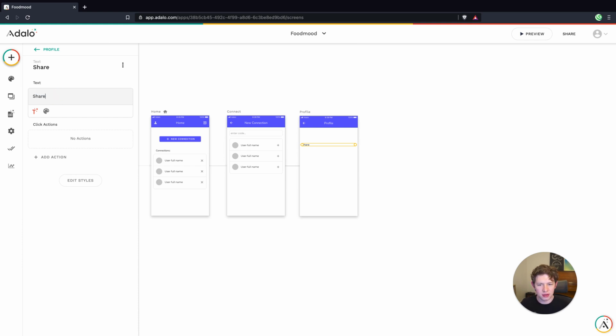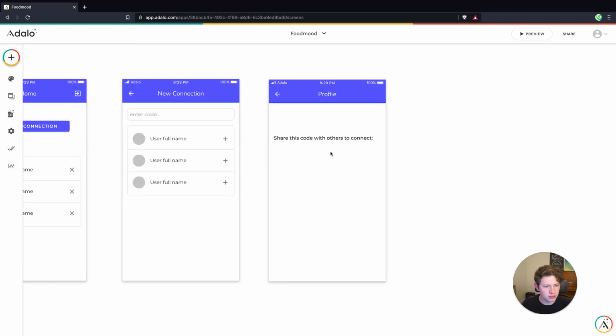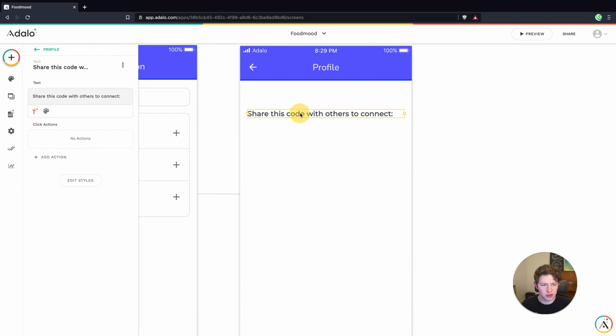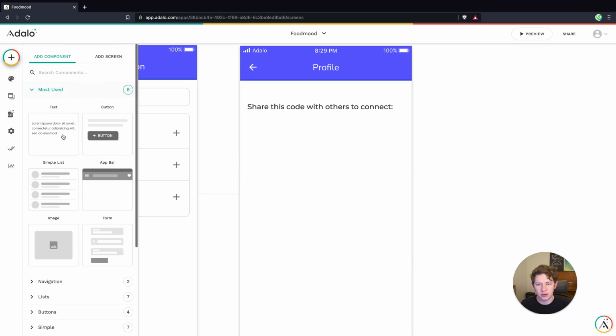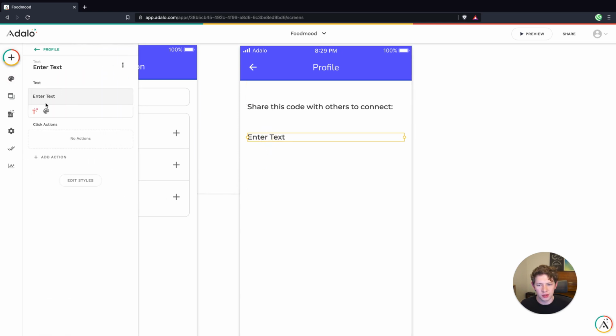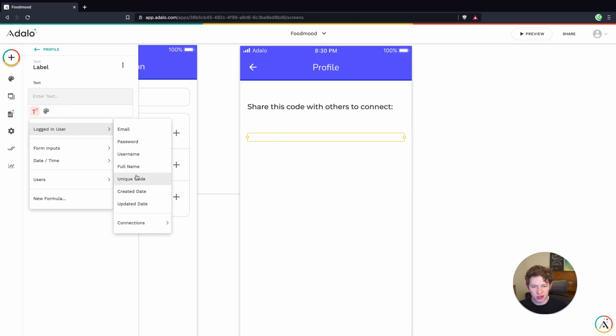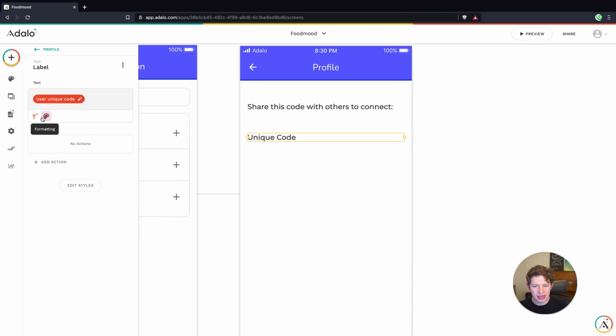We'll just say, here we go. We'll use magic text to grab that code, logged in user code, and then we want to